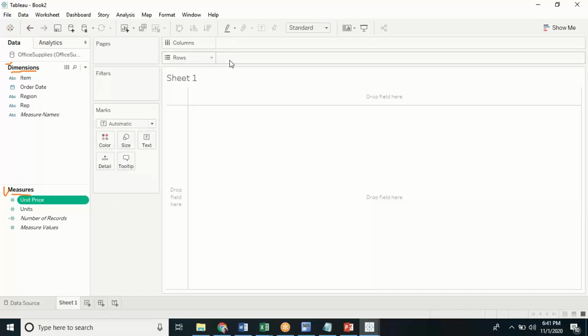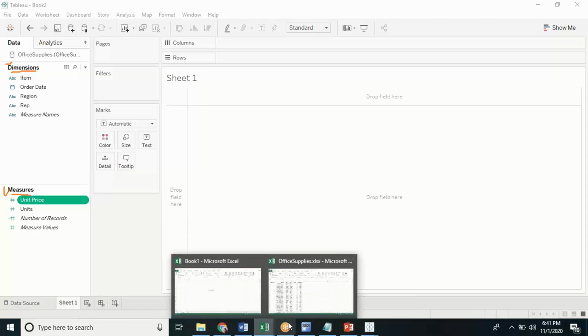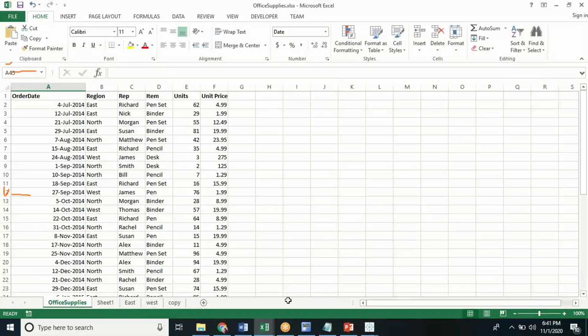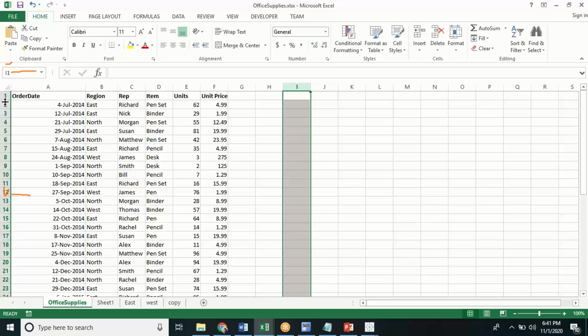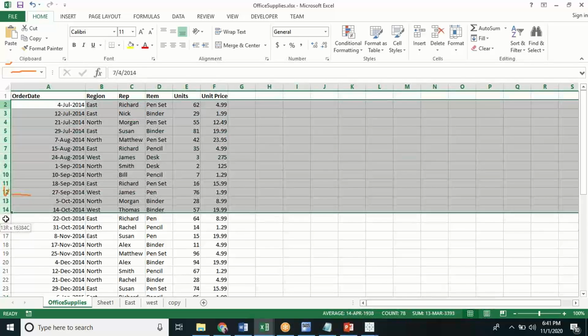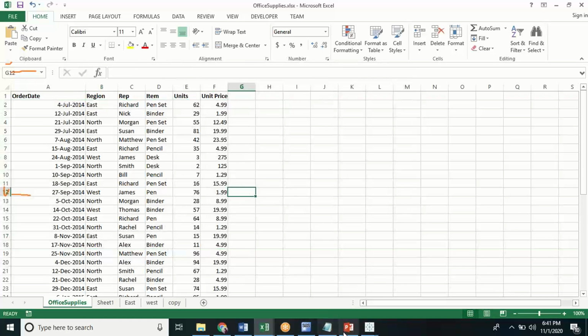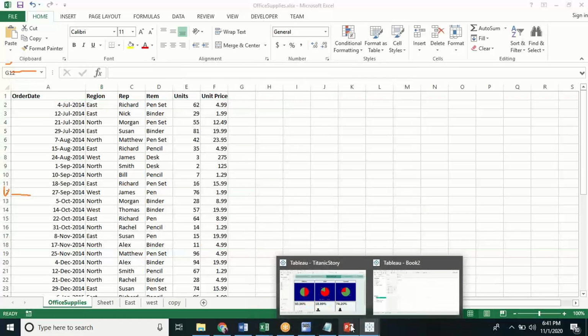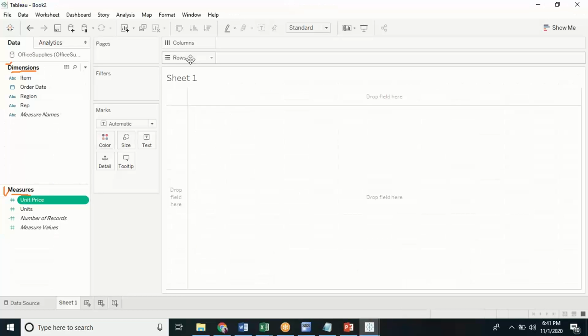This area that you see over here is called columns and rows. So columns and rows, like in Excel you have. In Excel, these are called columns and these are called rows. Now the same concept is over here in Tableau as well. Columns and rows. So if you bring the